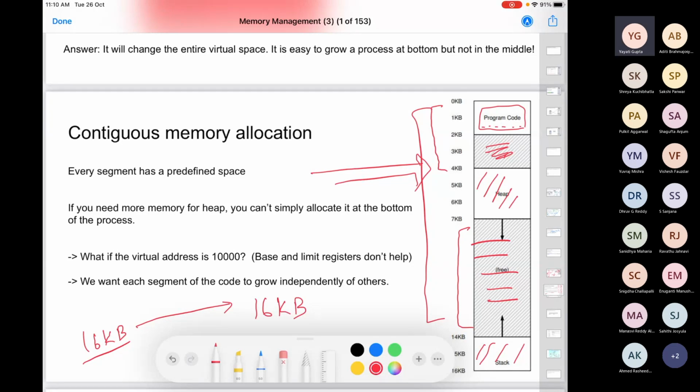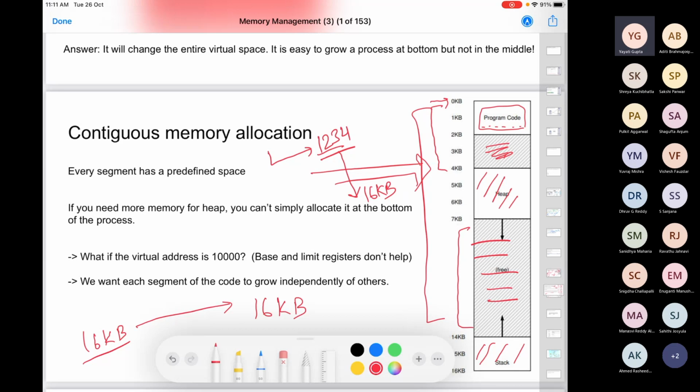There is one more problem with this, which we haven't discussed earlier. So let's say it was a contiguous memory allocation, right? In your contiguous memory allocation, your process virtual address space is starting from 0 going all the way up to 16 KB. Now, you do a contiguous memory allocation with the help of a base and limit register. So maybe your base register is, let's say, 1234. This is the address where your process is loaded in memory. And what is the size of your limit register? It is 16 KB, right? This process cannot generate a virtual address which is bigger than 16 KB.